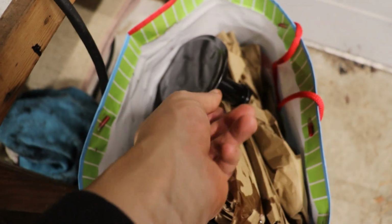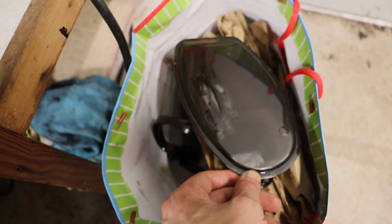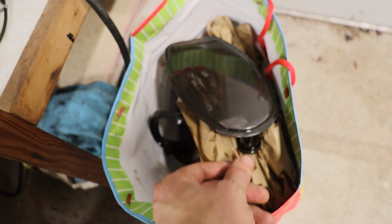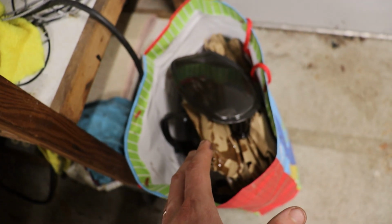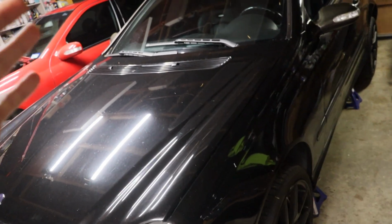This filter, there's a chance, guys, that this trans never has been serviced. This is an original Mercedes filter and quite dirty. So there's a possibility. You guys, with these 722.6s, never really know. I assume